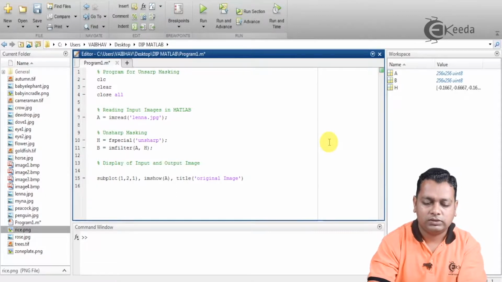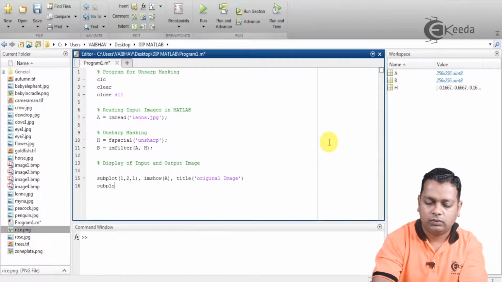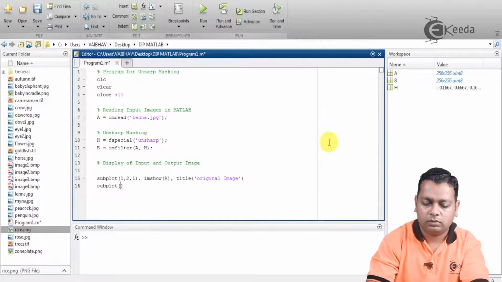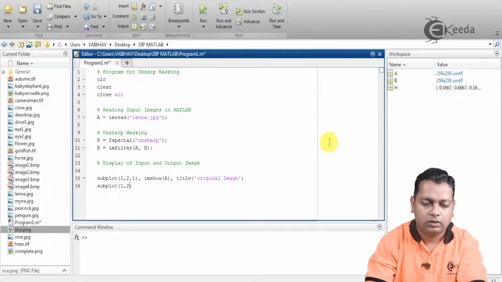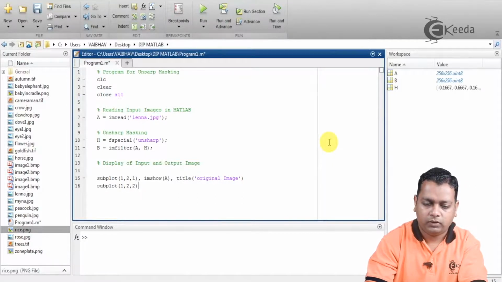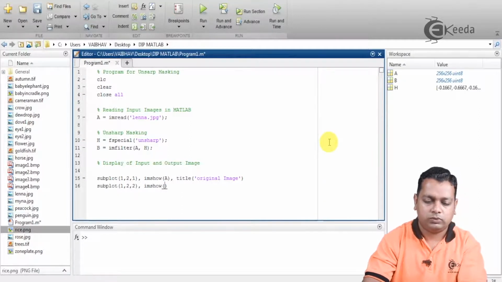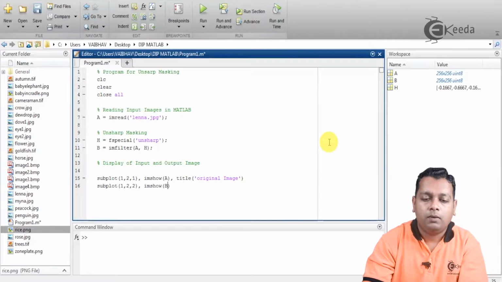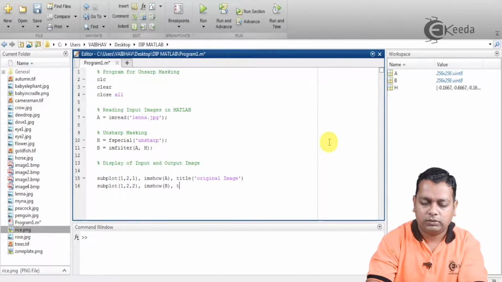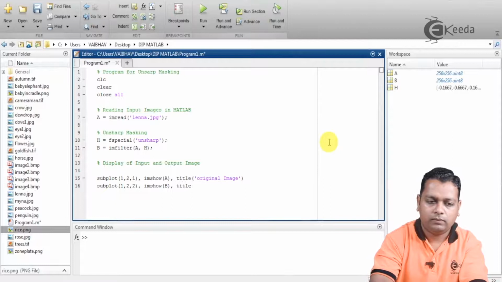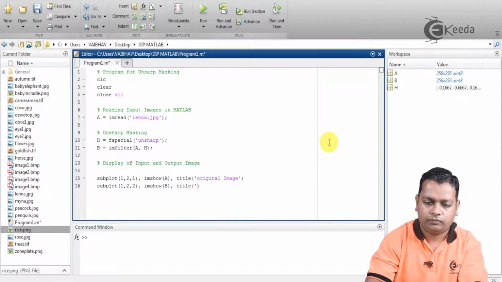For the next cell, that is the last, we specify the location by 1 by 2 by 2. Here we use imshow, and to this we provide the input B, that is the output image. The title will be unsharp masking.